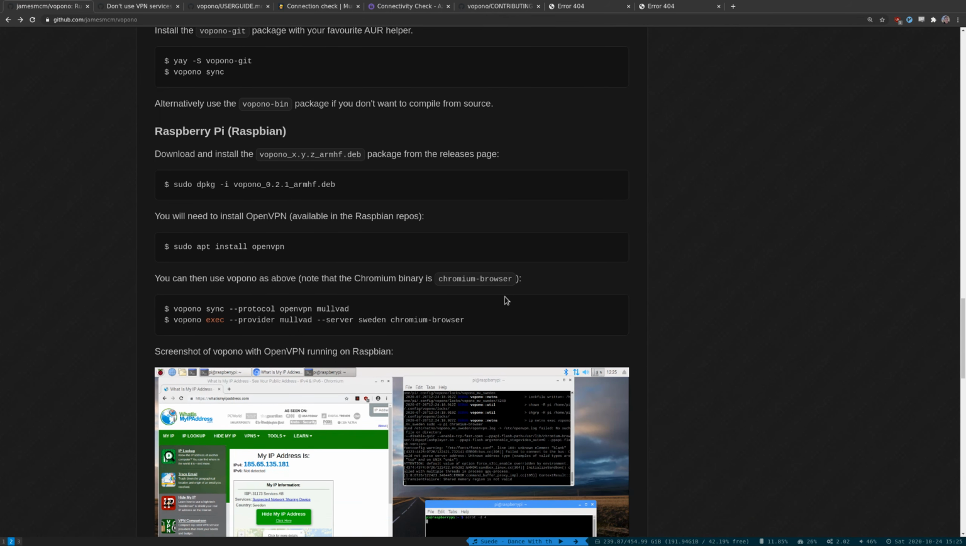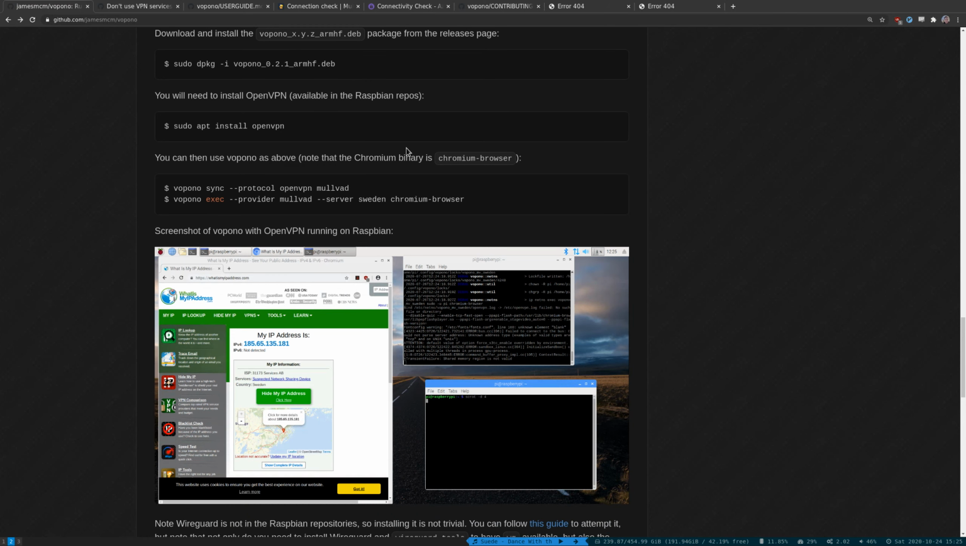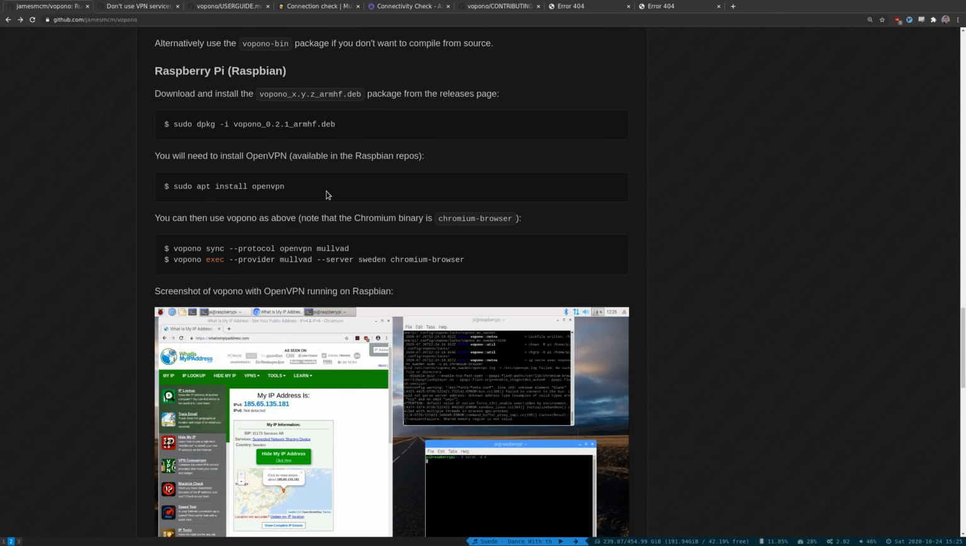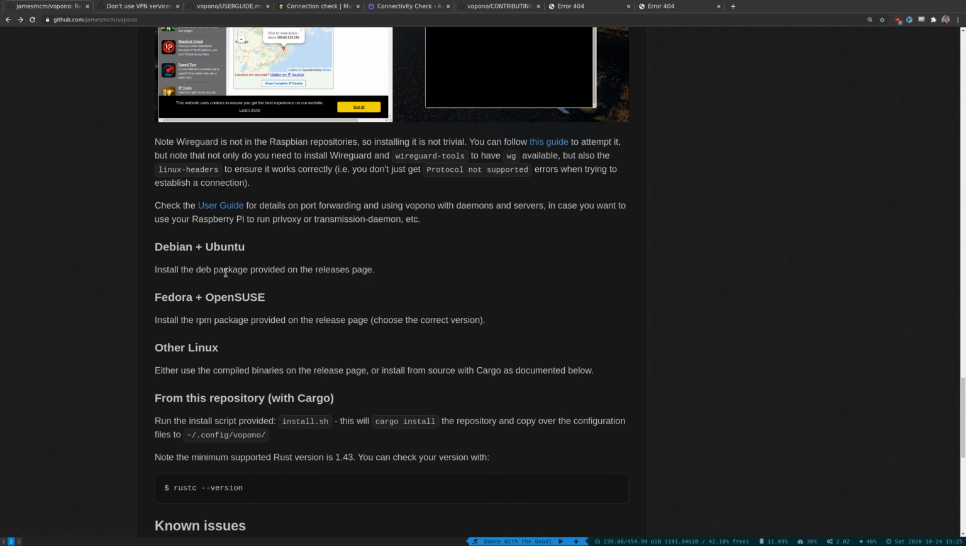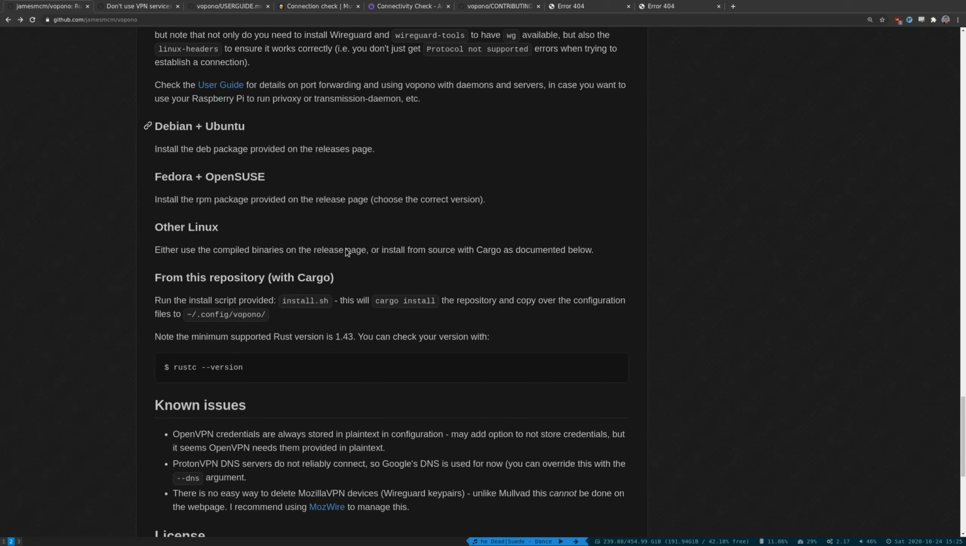There are also releases available on GitHub. So here are some installation instructions for installing on the Raspberry Pi, where you need to use the ARM package. It's actually packaged for Debian. There are also packages provided for non-ARM Debian distributions such as Debian and Ubuntu, and RPM packages provided for Fedora and OpenSUSE. And then for other Linux distributions, you can install it directly either with Cargo,